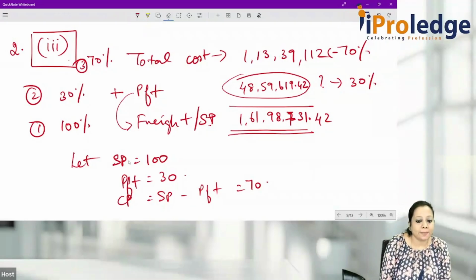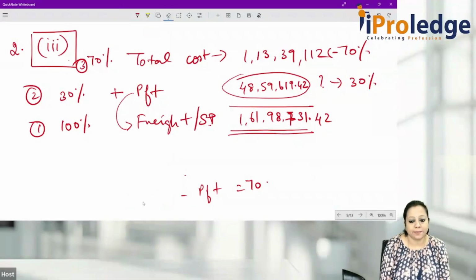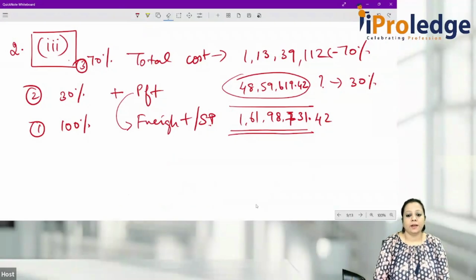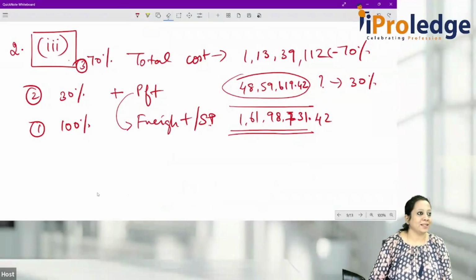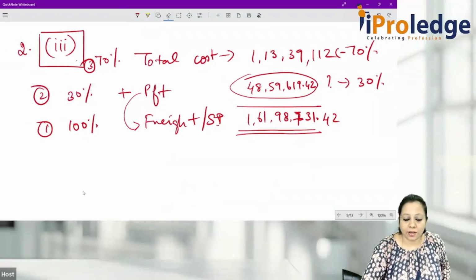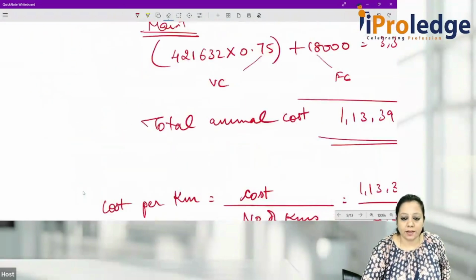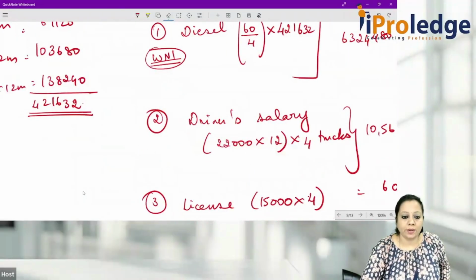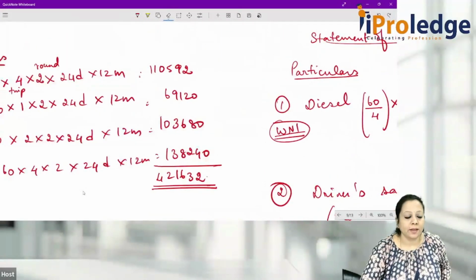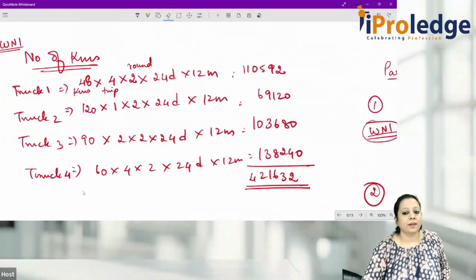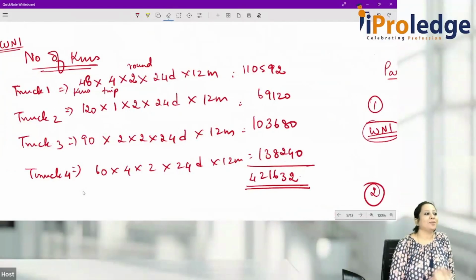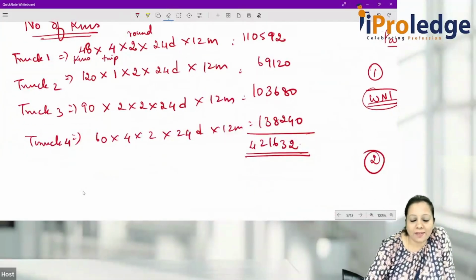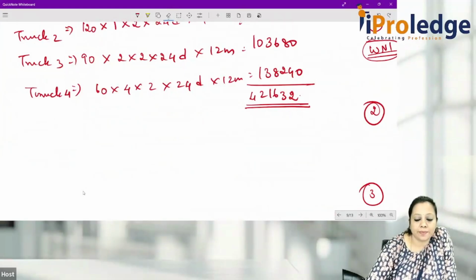Now I will erase the last part, this part alone. Now the ton kilometers we have to do, isn't it, students? So now what usually we can do is, I'm going to my previous working note. In this, only tons have to be put up. Correct or not? Yes, ma'am. So I will take from this only